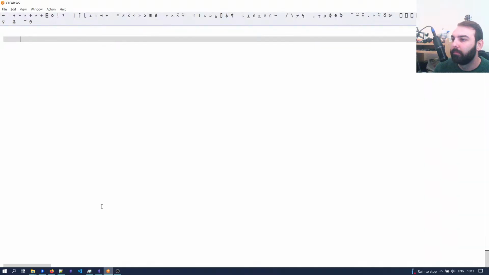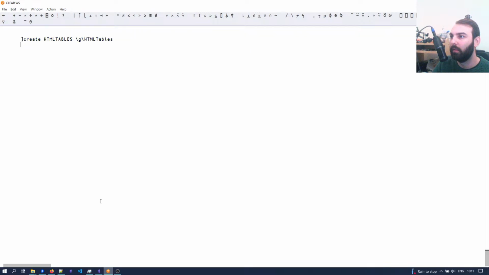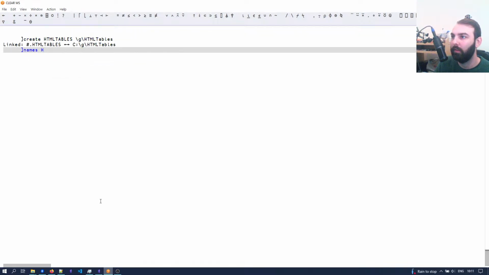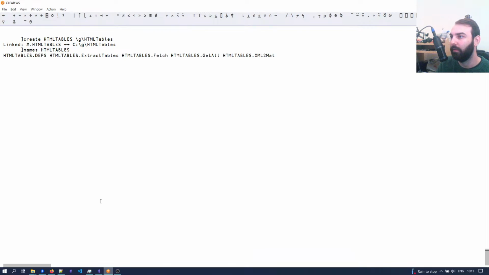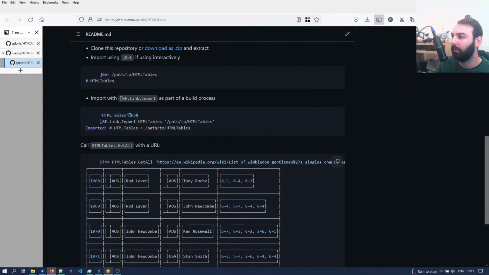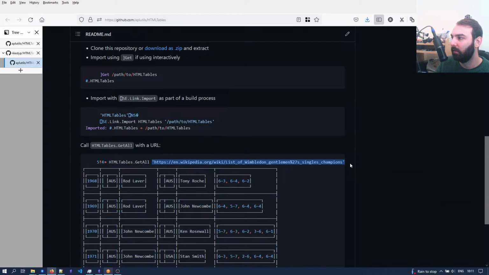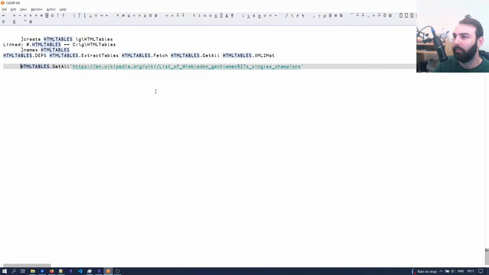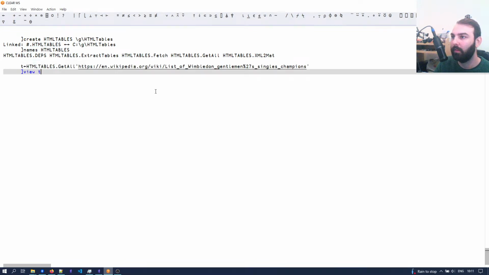So, first thing I'm going to do is create a link between a namespace in the workspace and a folder. Done that. So now in the HTML tables namespace we have all the stuff from last time. And if we try to do a get all using the example here, I believe, then we get an issue. So here's our table. If we view the table,